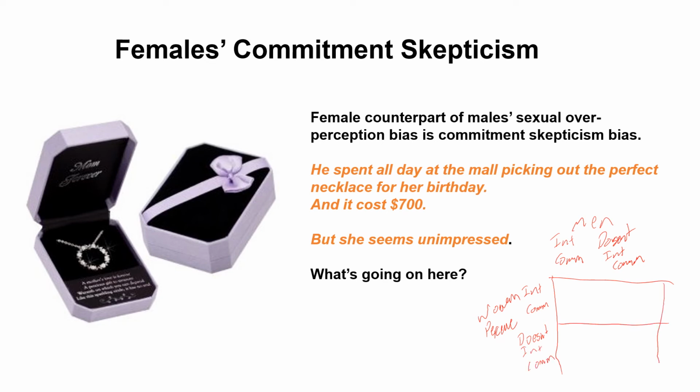So we've got four different things that can happen here. We've got a correct one, where he intends commitment and she perceives it, and one where he doesn't intend commitment and she perceives that he doesn't. However, if the man doesn't intend commitment and the woman perceives it, this is a false. And if the man intends commitment and the woman perceives that he doesn't, this is false. Which one of these is worse for women evolutionarily? It is this one. This one is worse